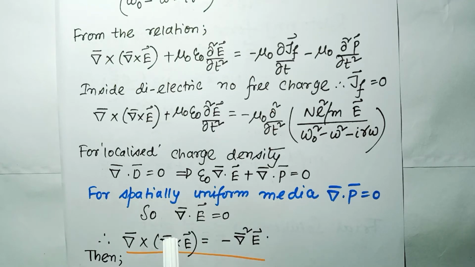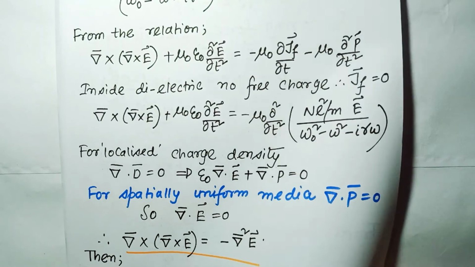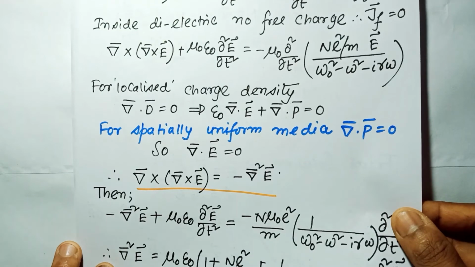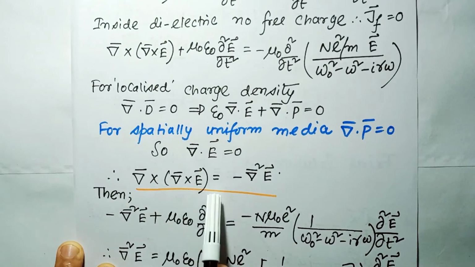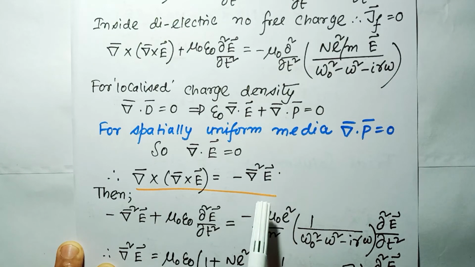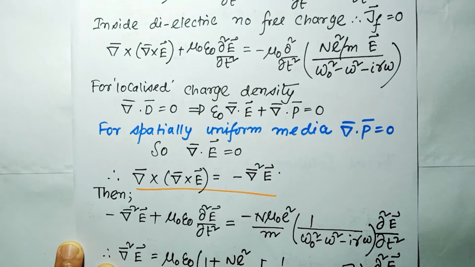So for spatially uniform media, as we all know, the polarization is uniform, so divergence of P is equal to 0. It means divergence of E is equal to 0. So on the left hand side, the curl of curl of E becomes minus grad square E. Putting that in, the equation becomes minus grad square E plus mu naught epsilon naught